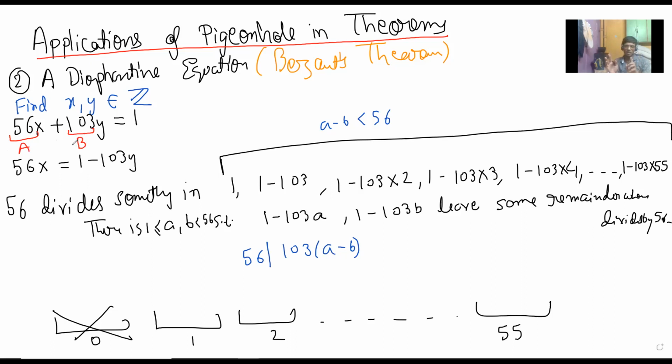Is it clear? This is the key, right? You can just replace 56 and 103 with anything, two things which are co-prime. Then this is just the standard thing about co-primes. This is maybe the only thing about co-primes, right? That you can just reduce this situation to A minus B. But this is also not possible. And this is what we wanted. We wanted contradiction.